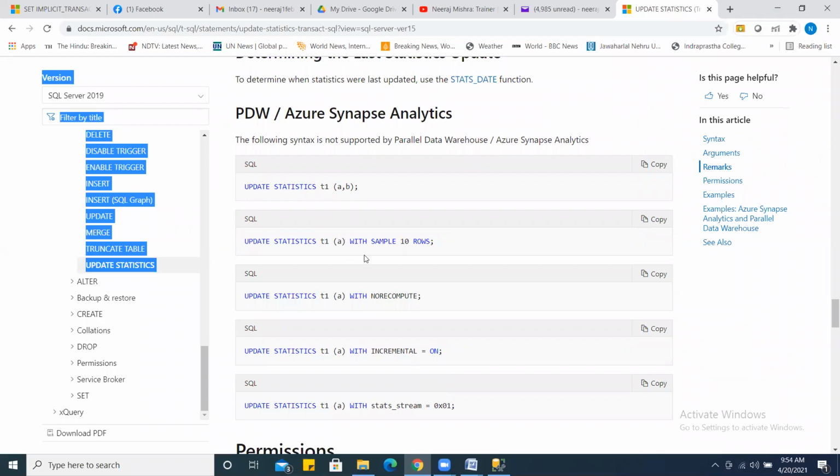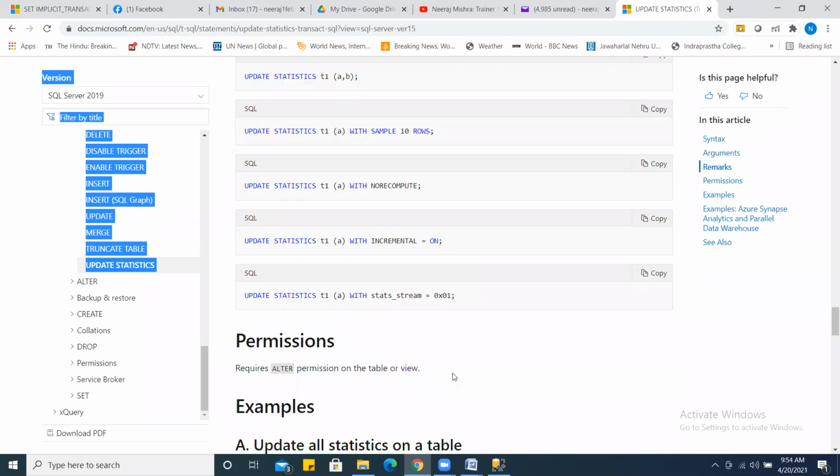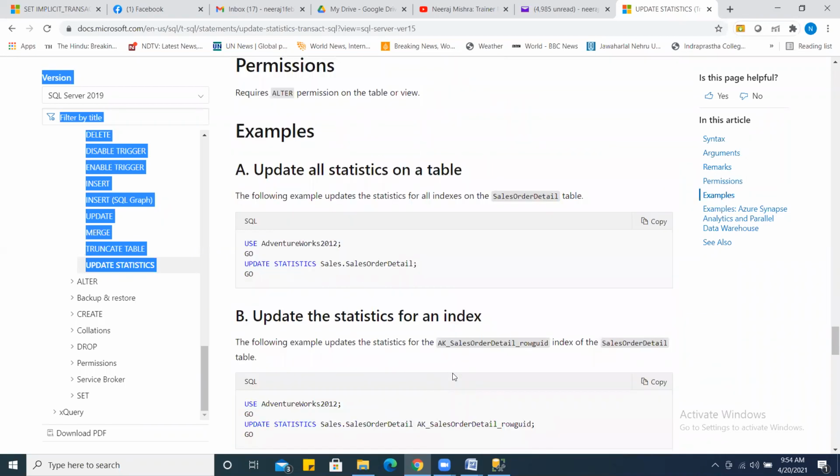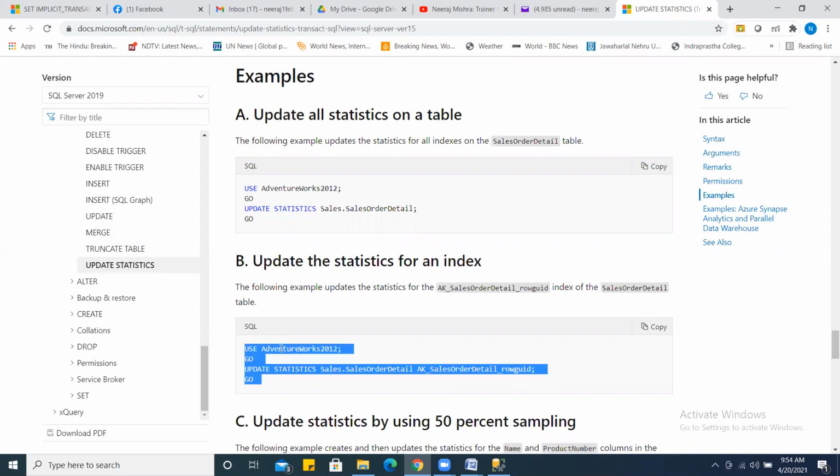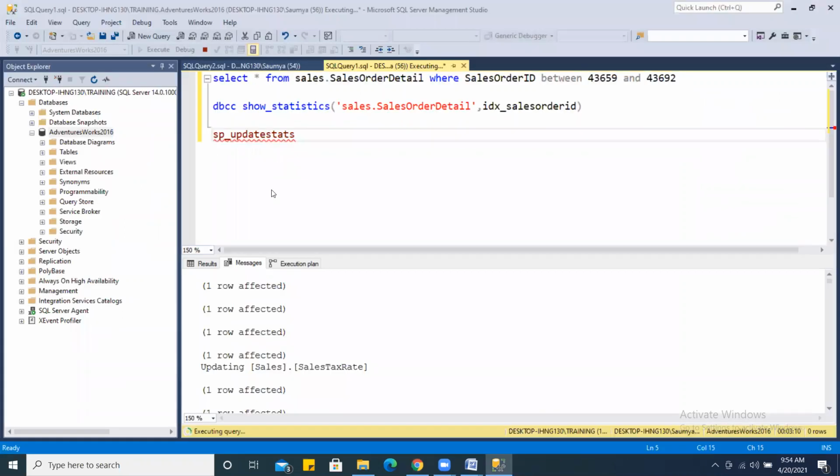And we don't have to go with sampling. I want to go with full scan. So update statistics, this is for the complete table. We have to follow this, right? Meanwhile it is executing, you can see that it's a very CPU intensive task. Although it's a small database, it's taking a lot of time, right?